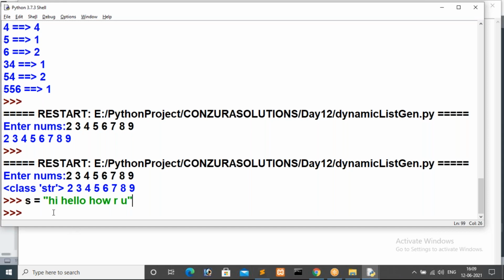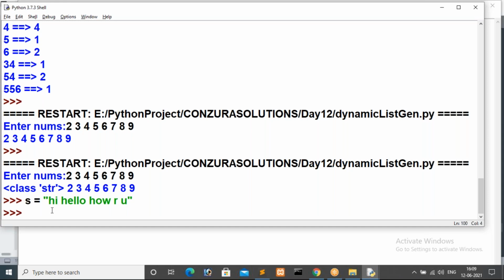So here you can observe. Hi is one word. Hello is one word. How is one word. Are is one word. You is one word. Because between each and every word there is a space, right? Based on that space we are saying that is a word. Is that right, guys? Based on the spaces we are saying words. If there is no space, how can we read? That is a different reading procedure. I hope I am clear. Based on the spaces we are considering words.